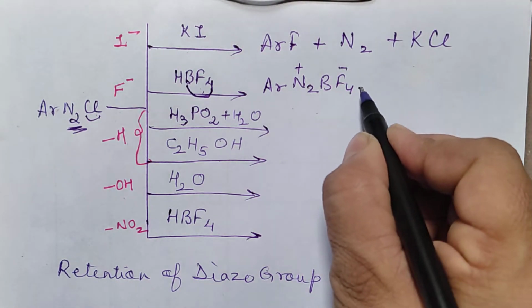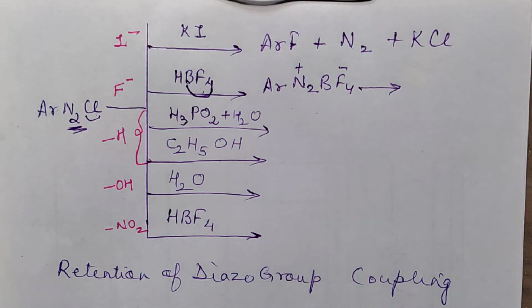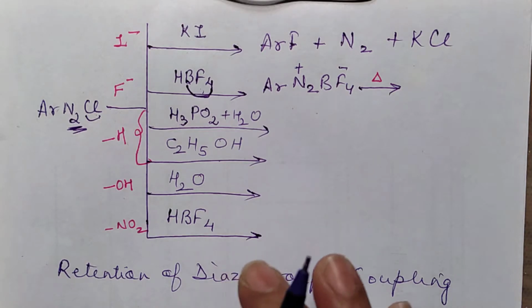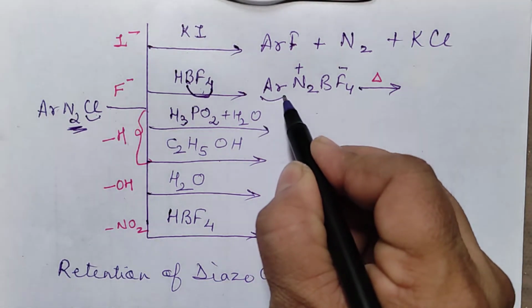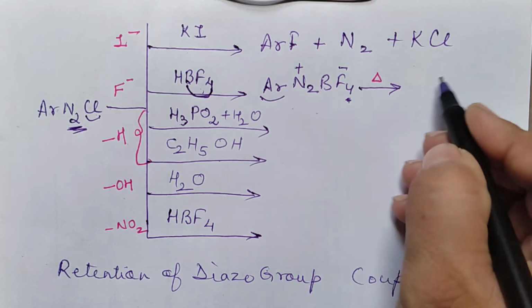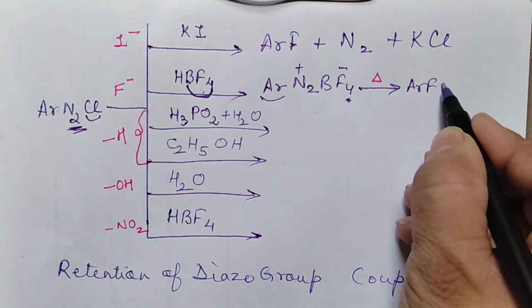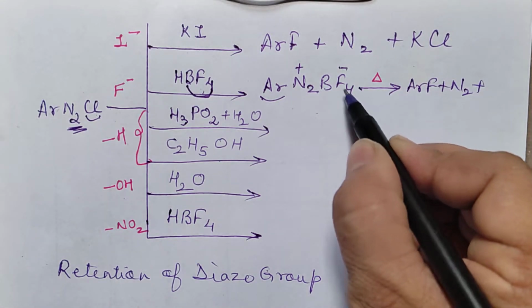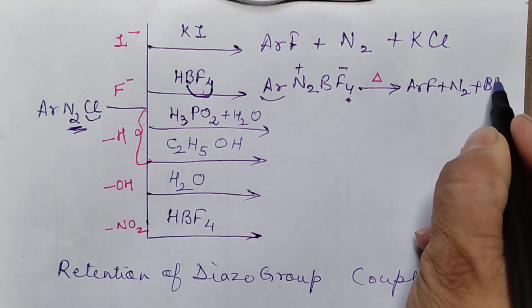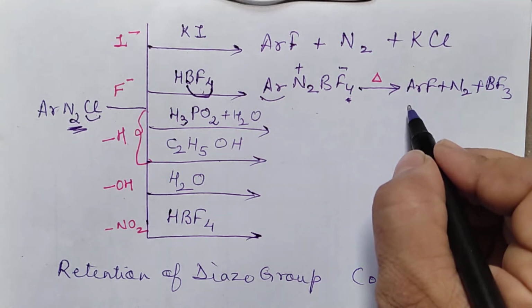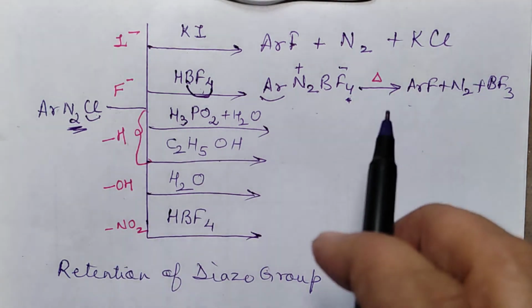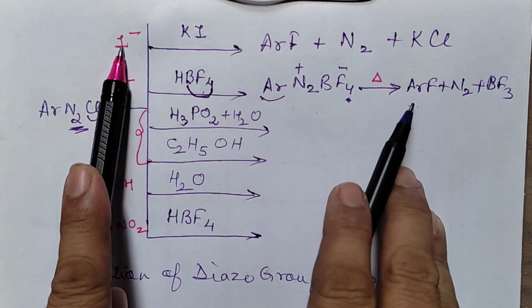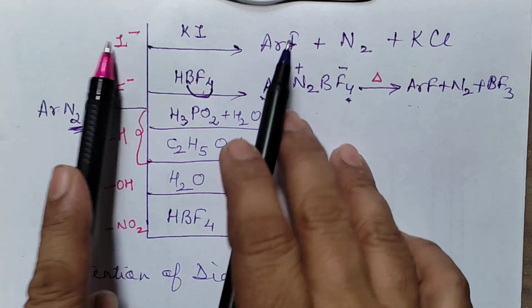Now, whatever product you got is now to be heated. Now, when you are heating it, it's little clear only, just check it. One Ar with one of this F will form ArF, plus nitrogen has to be evolved. If you remove one fluorine from here, what is left over? BF3. So this is what we were expecting. We were getting, I said here, this part will be replaced by F. We got it. If you want to replace this by I, we will get it. This is I.